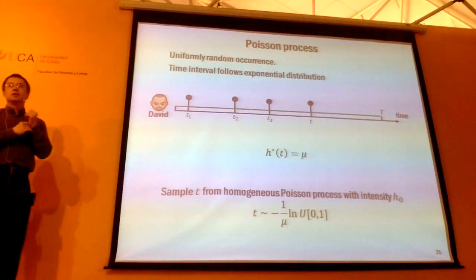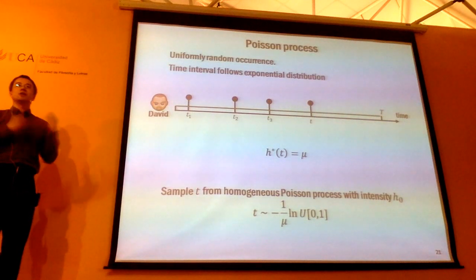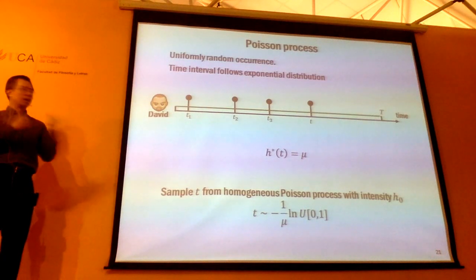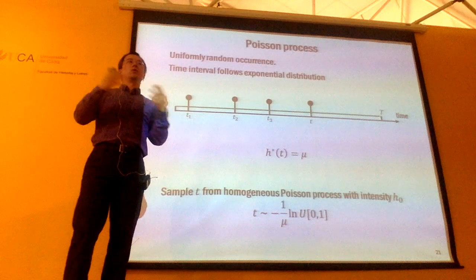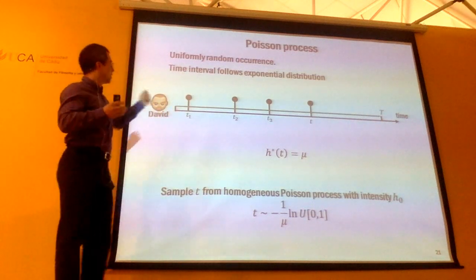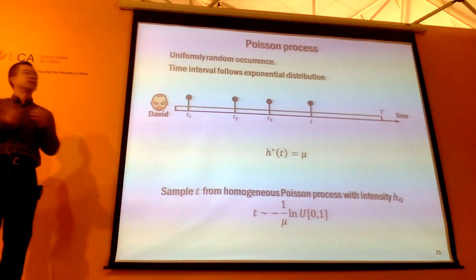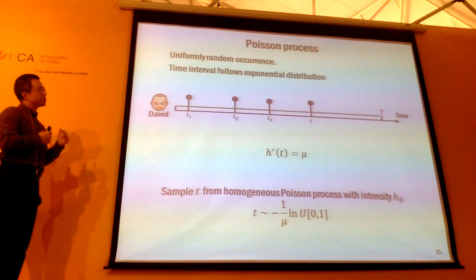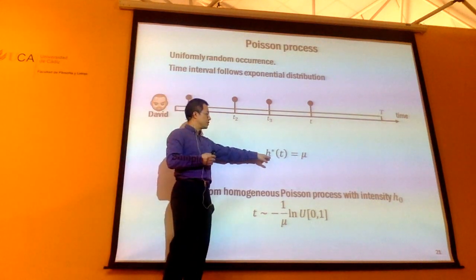It has been used in electrical engineering and queuing theory, but we can also use it as a special case for modeling social activities. Suppose you believe that people logging into a website is something like uniform across time, then you can use a Poisson process. And another question related to these processes is this: